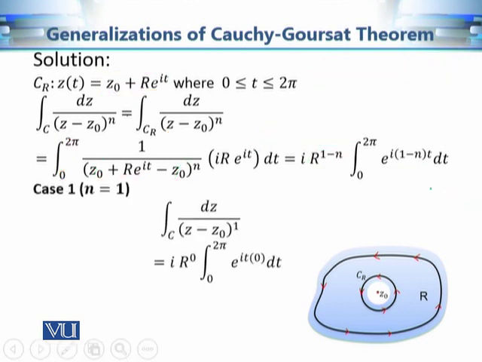Now there are two cases. The first case is if n is equal to 1. Let's see how we evaluate in that case, and then the next case is going to be if n is